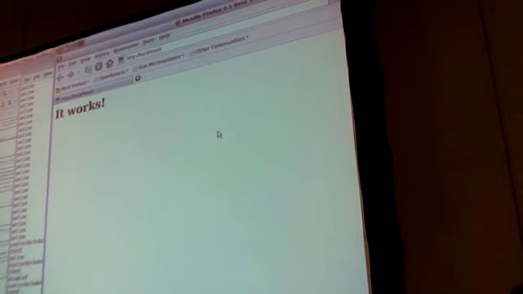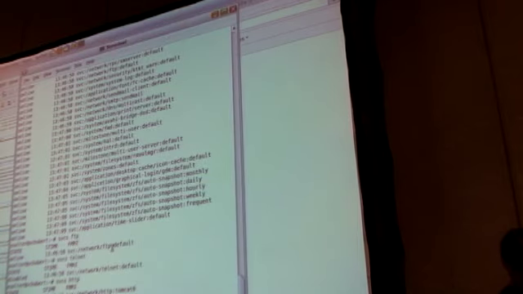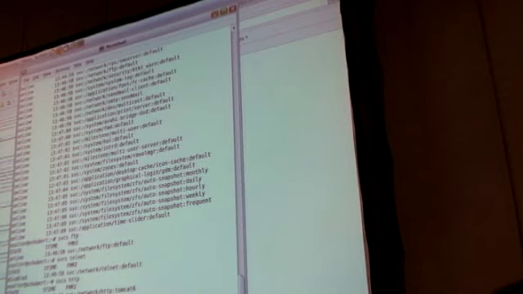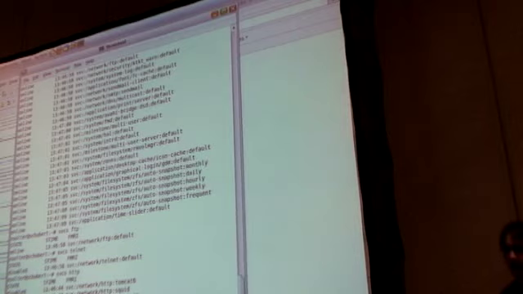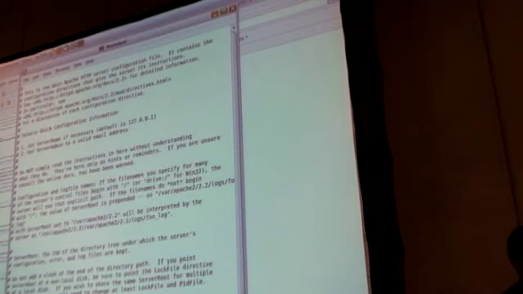Let me disable Apache. And one nice thing about SMF is that it gives you really good error messages. So I'm going to edit the httpd.conf file, and I'm going to put a typo here. Okay, so I put a typo in the file. So now, when I try to enable Apache,